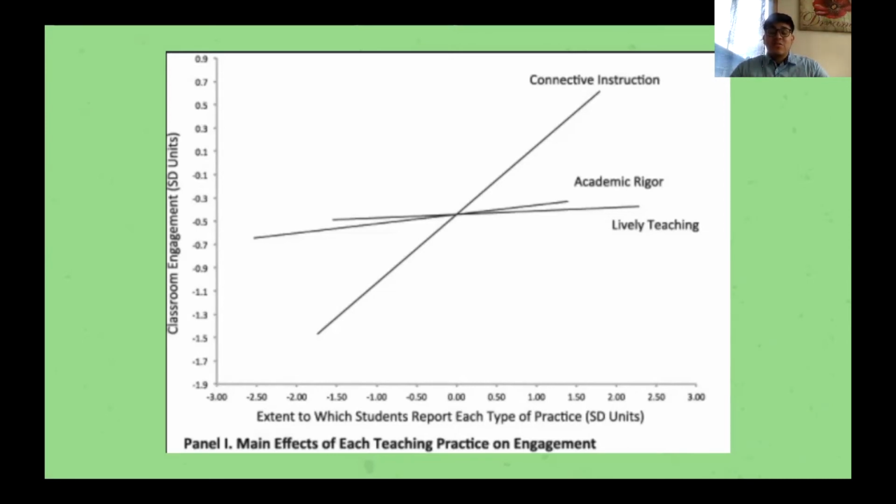Connective instruction is almost 7 times more effective than academic rigor for classroom engagement, which is extremely important. It was exactly what we're trying to get at here with this conference. So it's definitely important to have all 3 within your teaching and your classroom, but being able to understand that connective instruction is extremely effective